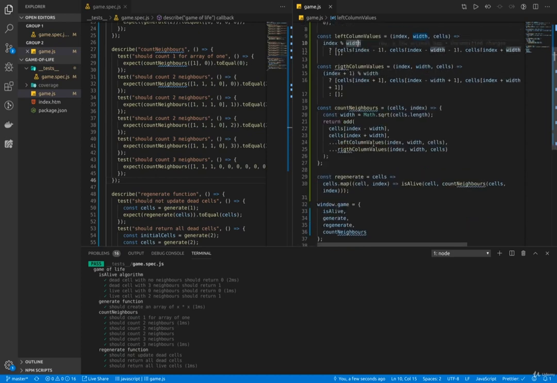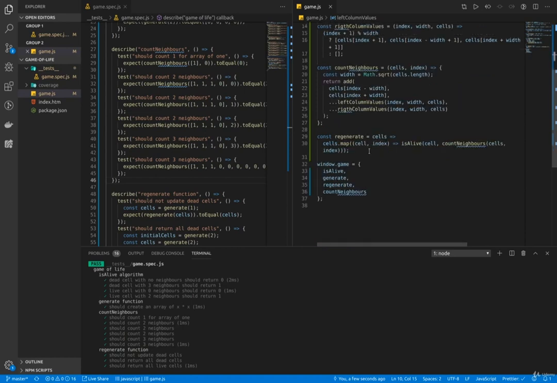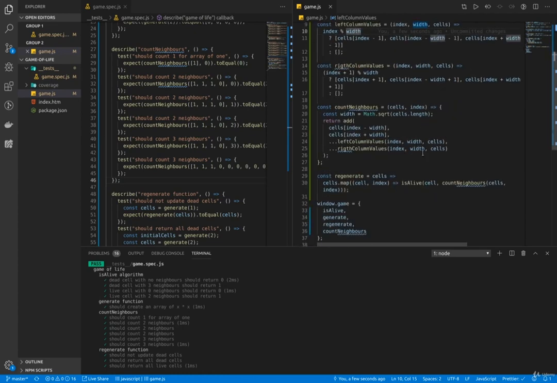So this is actually communicating to the developer what these values are. You don't need to write comments all over the place. The code should pretty much tell you what is going on. So for example, take the regenerate. Regenerate cells is alive, cell, and count neighbours. So this pretty much tells you what is going on. So that's what we want. We want clean code where the functions are not too long. Each function is doing one thing,